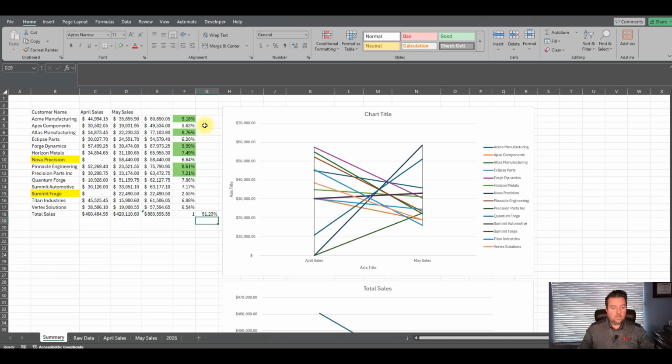That's 1, 2, 3, 4, 5, 6 customers, so six of the 14 customers, or 43%. So 43% of your customers are accounting for 50% of your business.